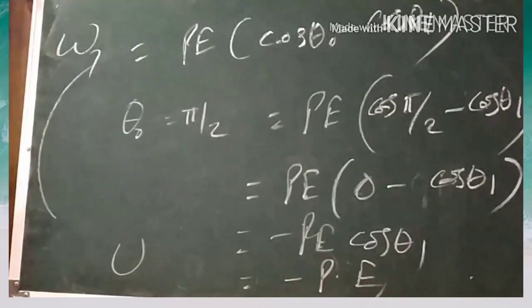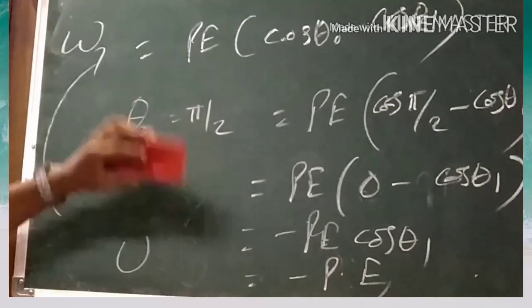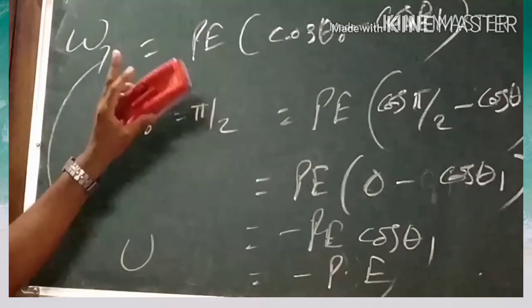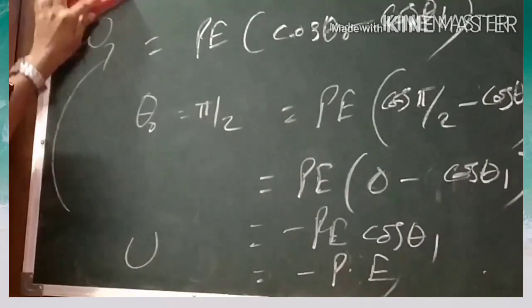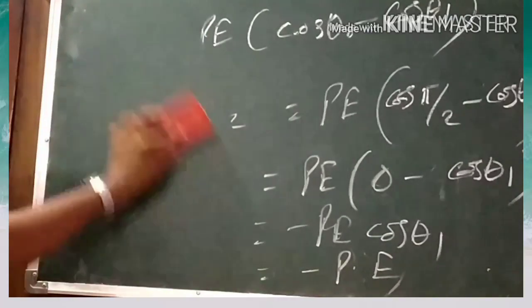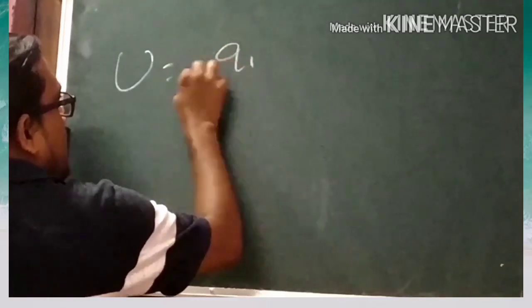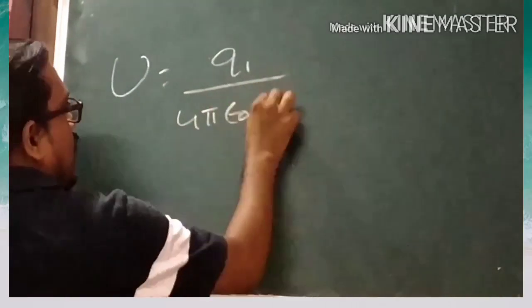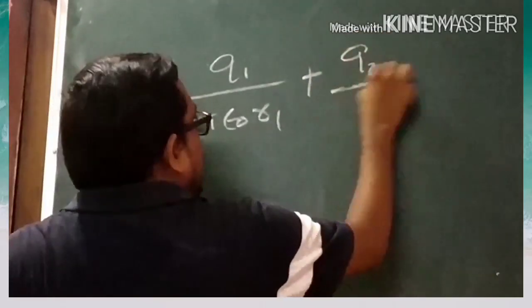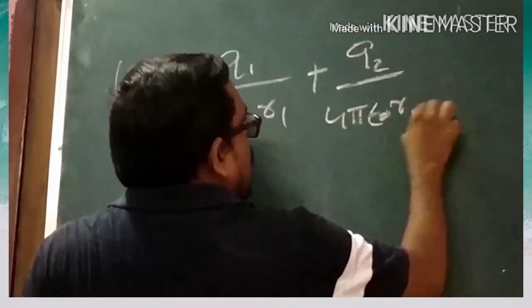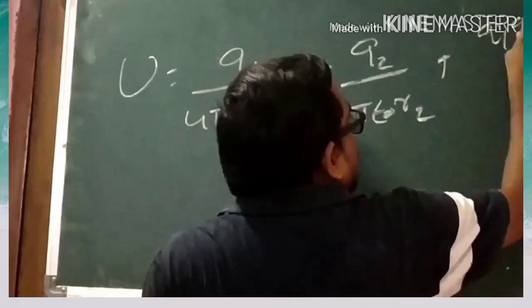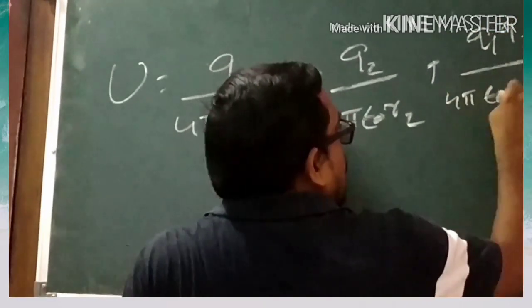Okay, we can explain the same concept also in a different way, just like in the previous one, whatever we have done for a system of charges. So this second type of calculation for the potential energy of a dipole will be the second method. In this method we can apply the formula, which is q1 by 4 pi epsilon 0 r1 plus q2 by 4 pi epsilon 0 r2 plus q1 q2 by 4 pi epsilon 0 r12.